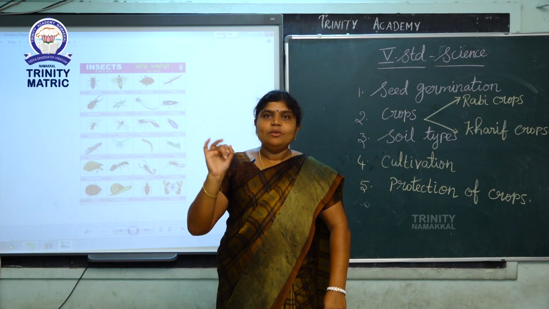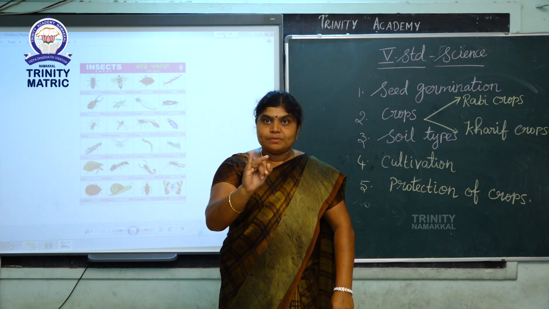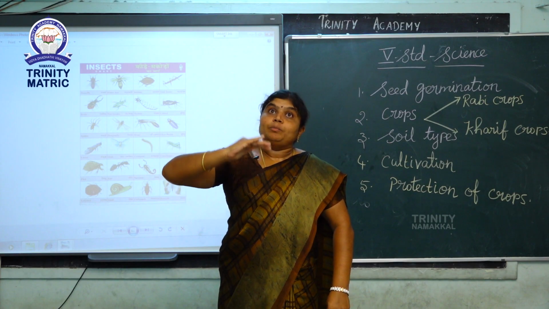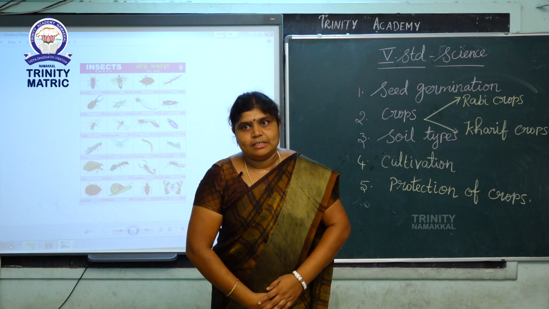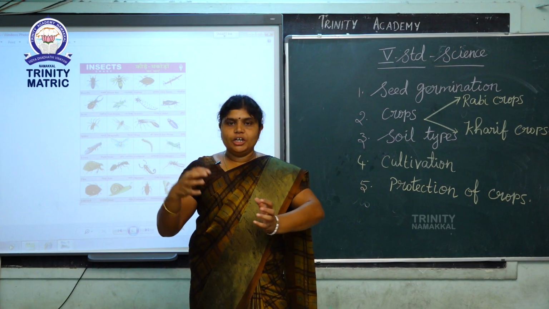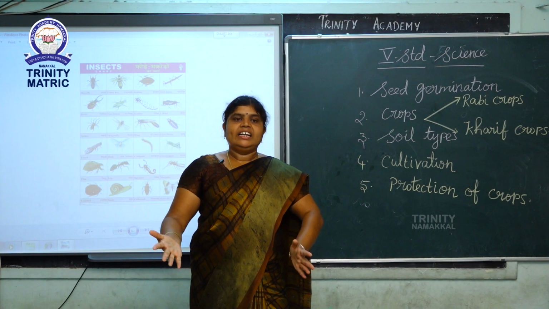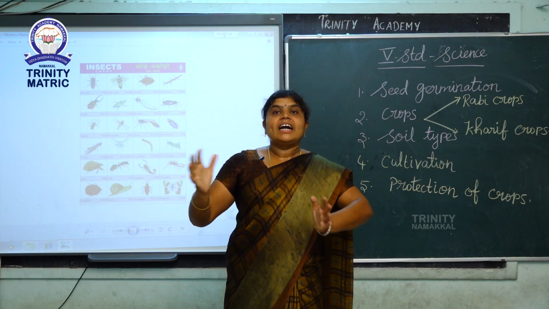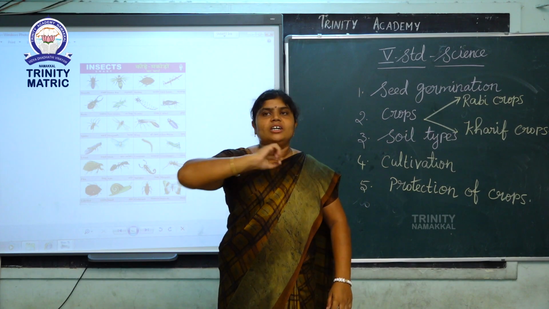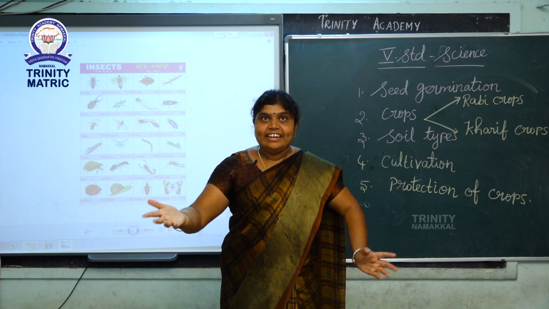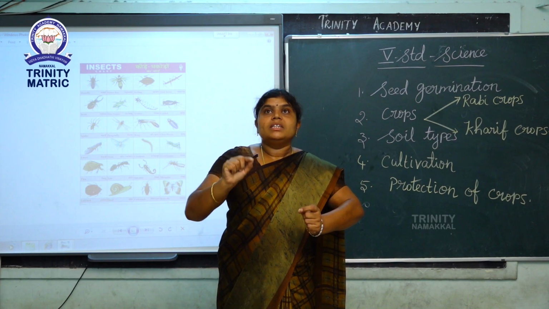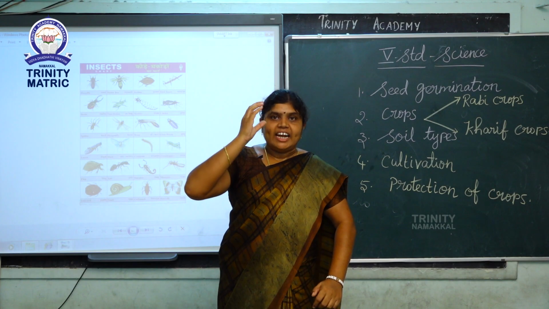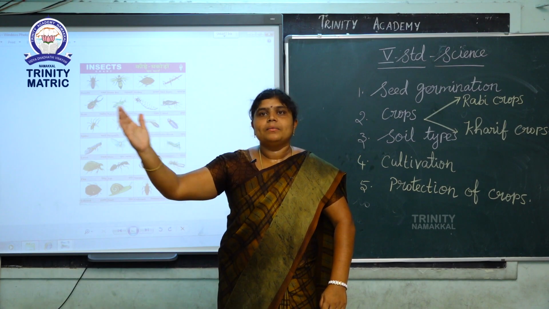And the third one is we should protect the crops from insects. And next we protect the crops from microorganisms. Sometimes we collect the seeds and put them in the sunlight. Why? Most people collect the seeds and keep them in the sunlight so the seeds are dried. At that time the microbes are destroyed. People dry the seeds against the microbes.